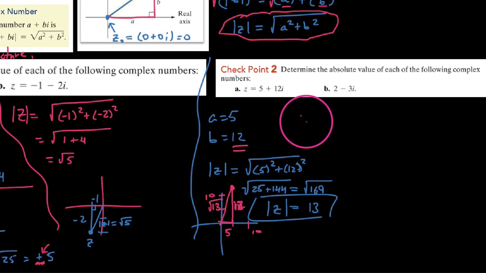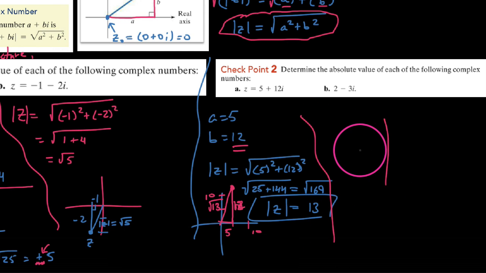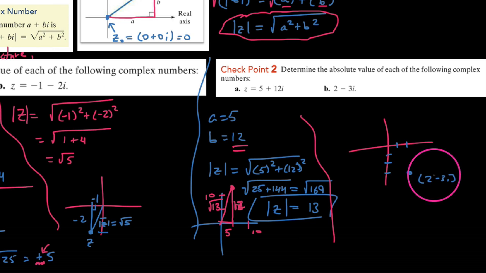Now looking at this last one here, if you went ahead and sketched this out, you saw that we would be going 2 to the right and 3 down. And so, discussing a triangular situation here, this is the point 2 minus 3i. To find its absolute value, we're finding this distance back to the origin. Let's drop our altitude back up here and say that we know that this is 2 and this is negative 3. And so again, the absolute value of z would be